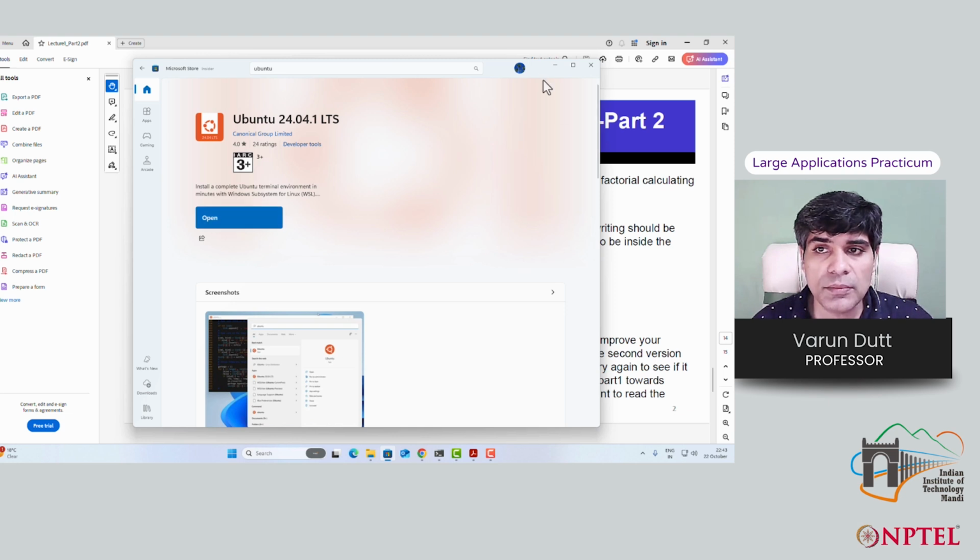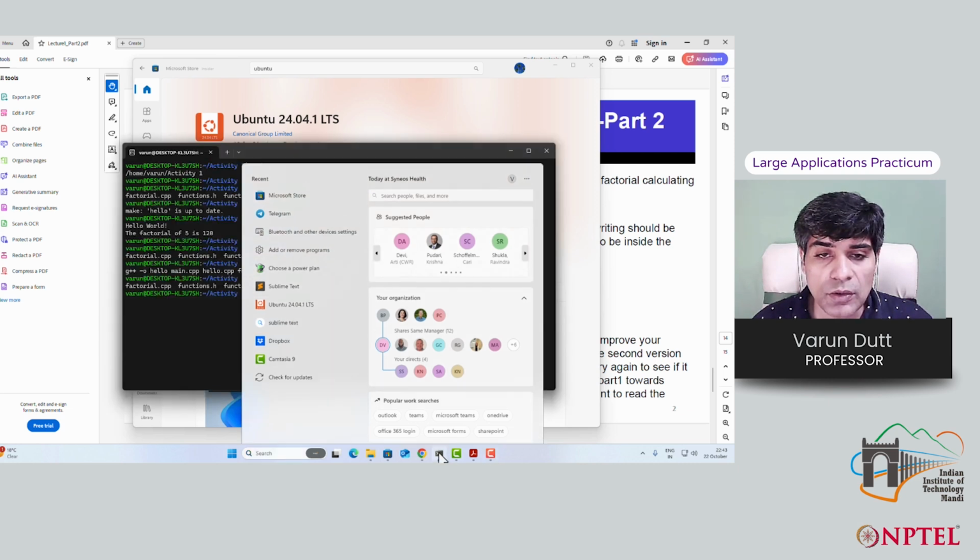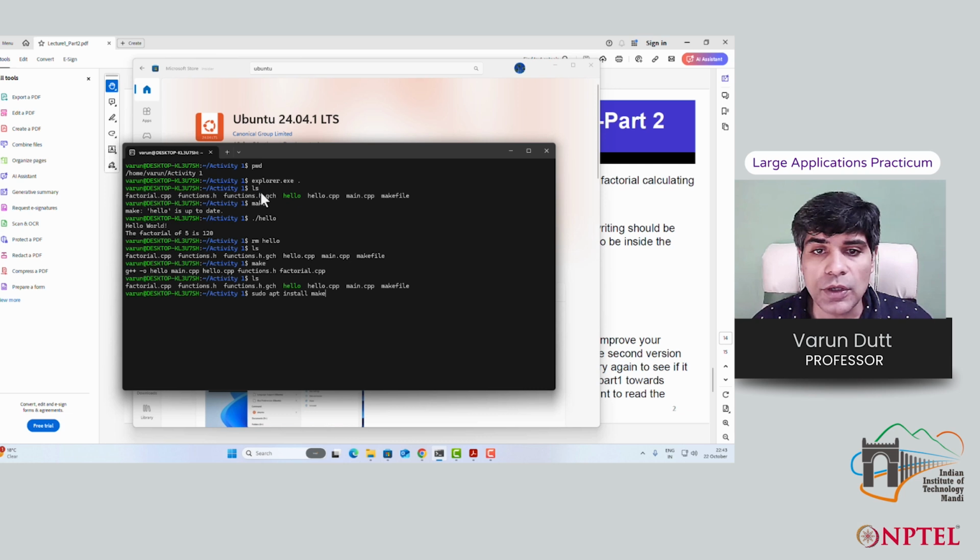Once you install it, you can launch it by writing Ubuntu, or you can click the shortcut, and when the command prompt opens, you need to write explorer.exe space dot. That shows you where your path is, so you can move the activity folder there, create the makefile, start running make, make the makefile more efficient and rerun make.